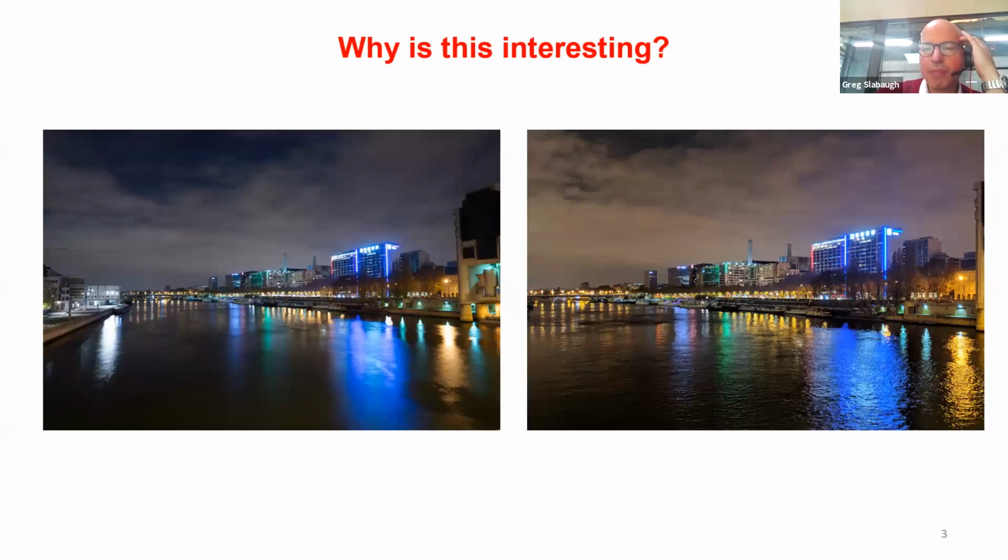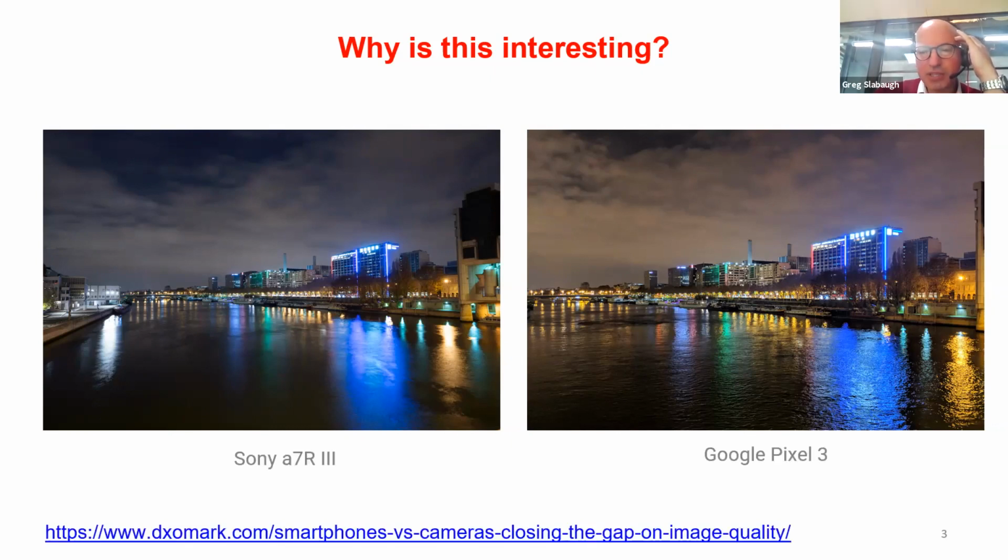This is an interesting topic because, traditionally, the best image quality that you're going to get with photography is done using a DSLR. But this slide highlights the challenge. One of these images is created with a DSLR camera. The other image is taken with a smartphone. Which image is which? Actually, the smartphone is the one on the right. That's done using a Google Pixel 3. And I would argue that the smartphone image is better.